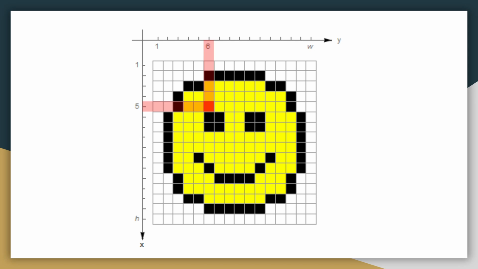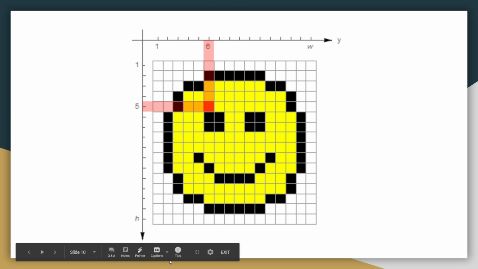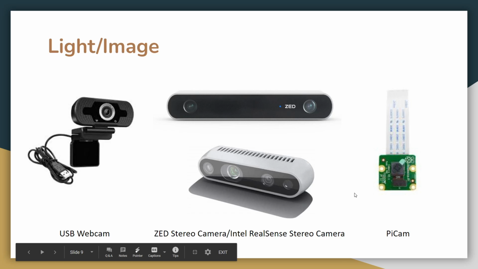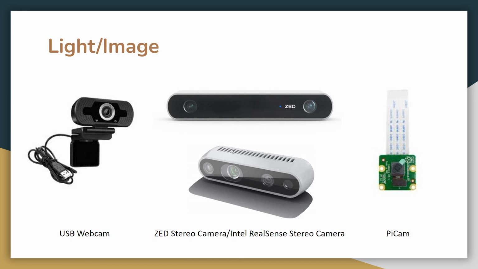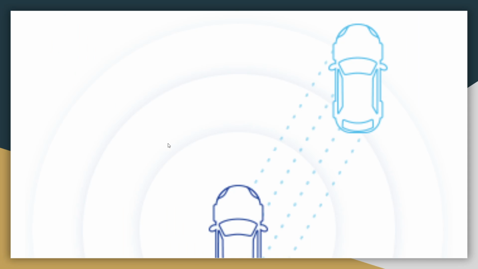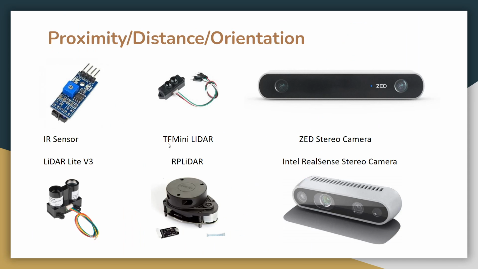This is another very important aspect, and in robotics it's extremely important because almost every single robot needs computer vision. Without computer vision, it might not work out. Whatever I've explained to you right now is what happens when you use an image sensor or a light sensor. But if you're going to be using a lidar and you're going to do SLAM, or a stereo camera, but you're not going to use the lenses, you're going to use only the point cloud,